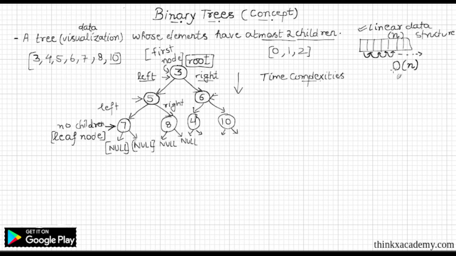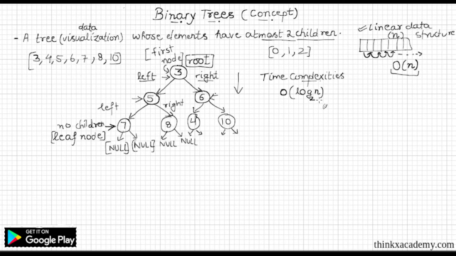A linear structure takes at least big O of n, and you can see that in this binary tree the time complexity is much less, which is in most cases big O of log n,